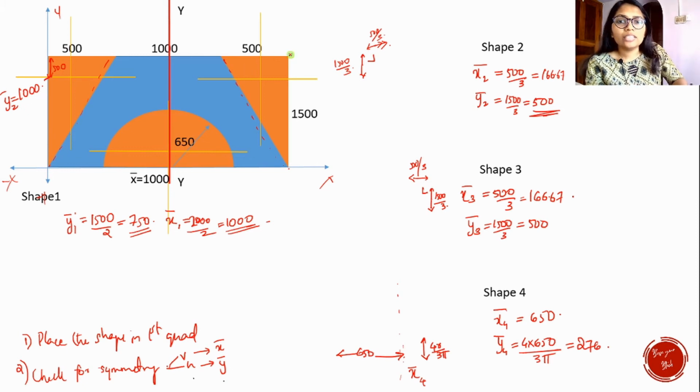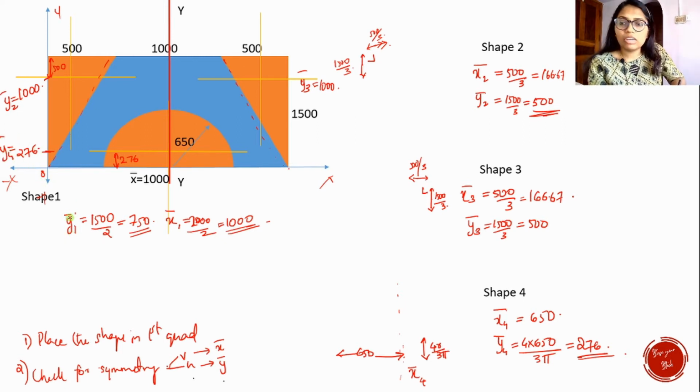And next for this shape also, this line when extended becomes the same. So here y3 bar is also simply 1000 itself. Instead of 500 we have to now write 1000. And finally, what is this length? y4 bar is 276, but of course that was measured from the base. So here is your 276. Obviously this value will also be 276 because here is our origin, isn't it? So 276 becomes y4 bar.